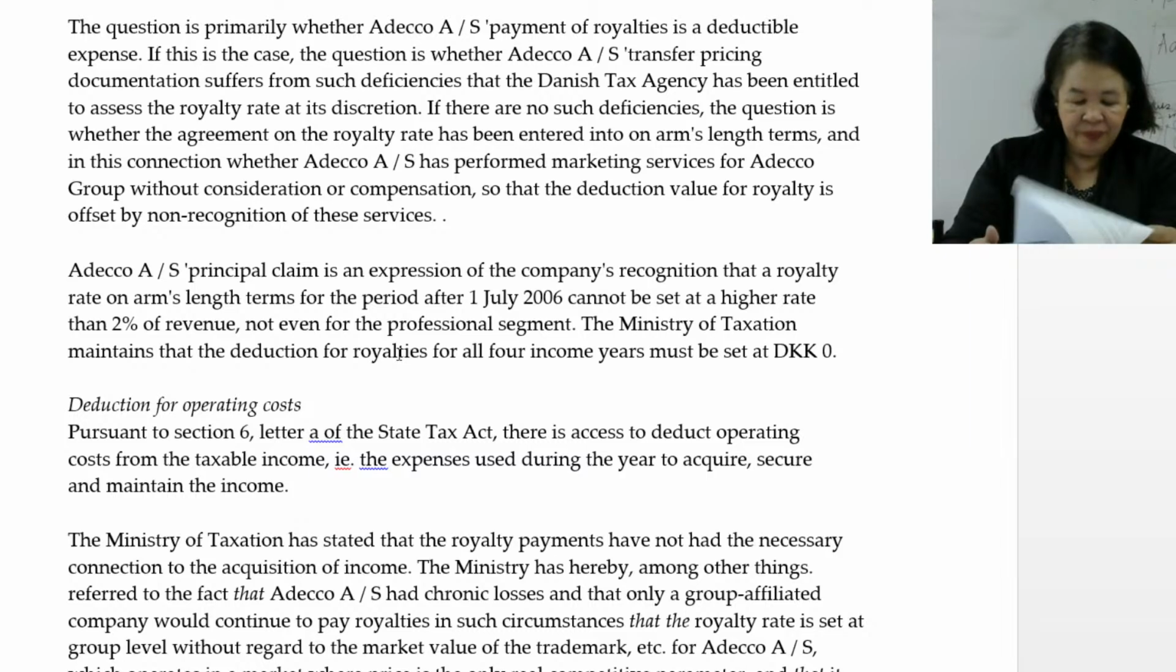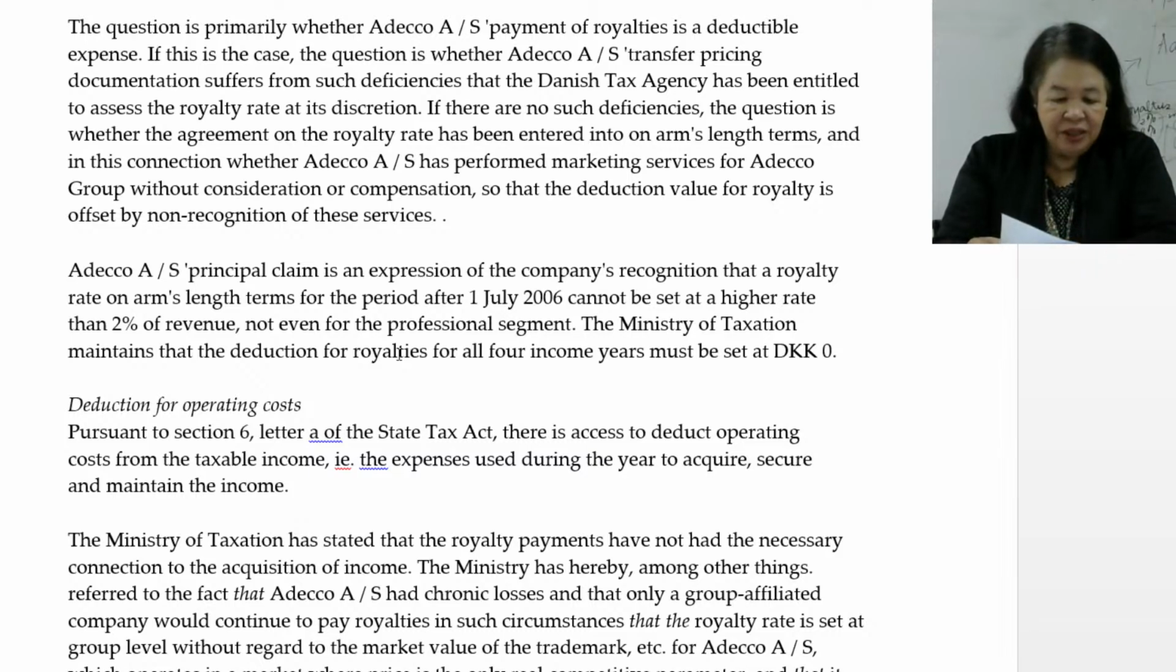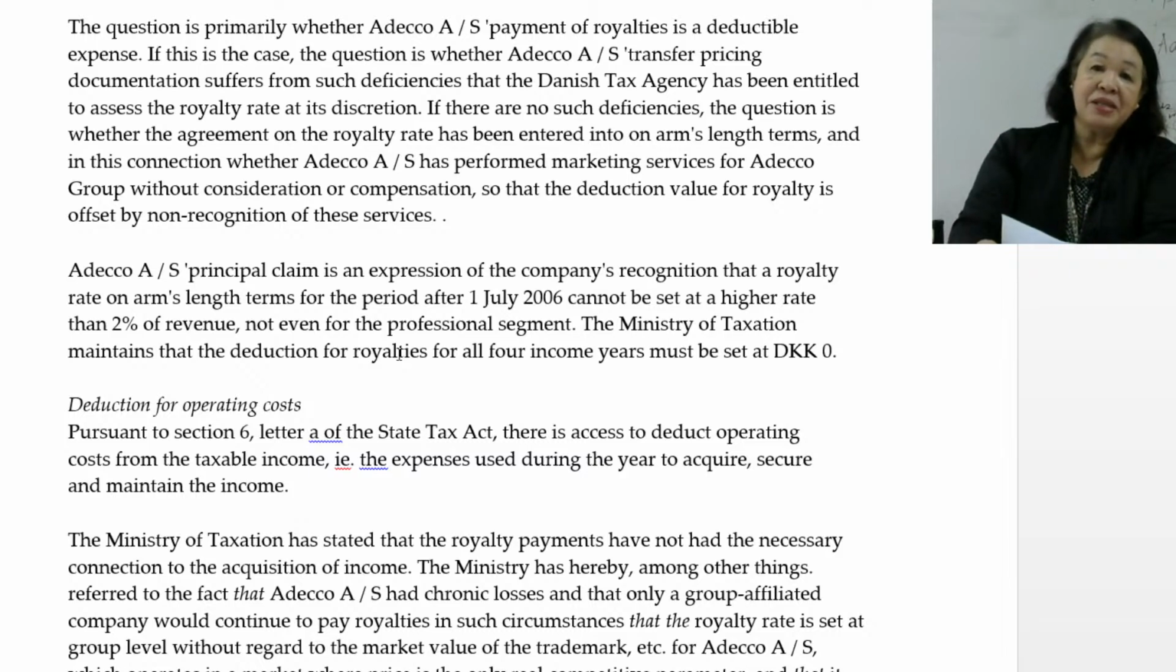Okay. So, ano ang question on operating cost? No? There is access to deduct operating cost from the taxable income, no? The expense used during the year to acquire, secure, and maintain the income, no? So, the Ministry of Taxation has stated that the royalty payment have not had the necessary connection to the acquisition of income. So, kaya nag-present ang